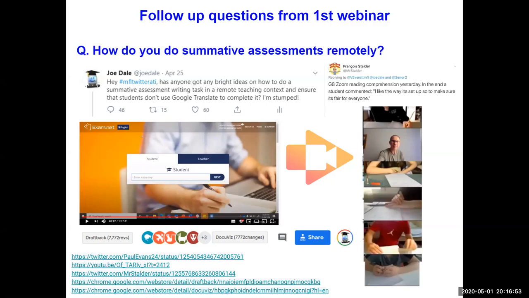Again, Francois was a star this week, posting a screenshot of how he administered the test that he did a couple of days ago. As you can see, he's getting his students to point their cameras at their hands. They're writing on a piece of paper with their pen, so you can see very clearly they're not using a mobile device. Admittedly, they might have two screens, I suppose, if they really wanted to. But anyway,